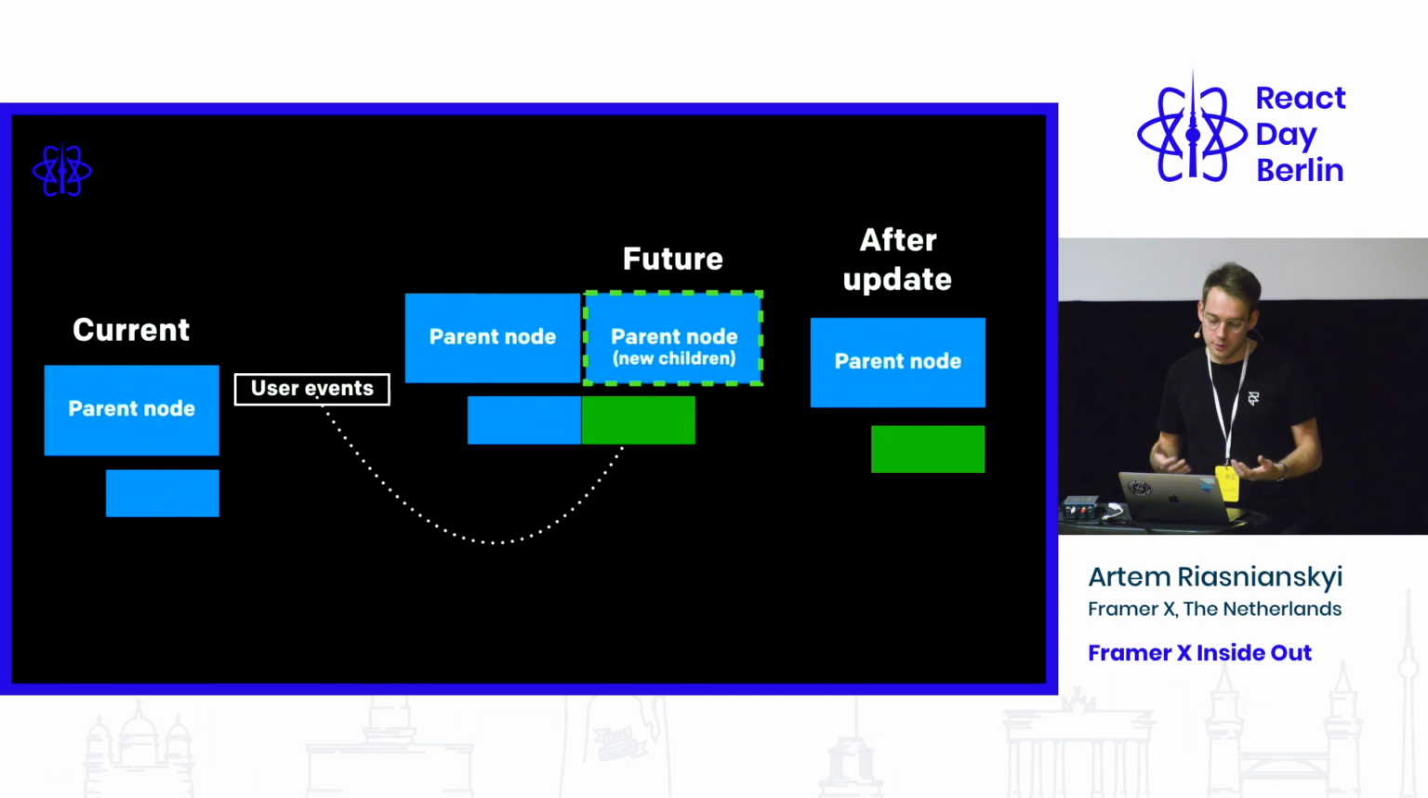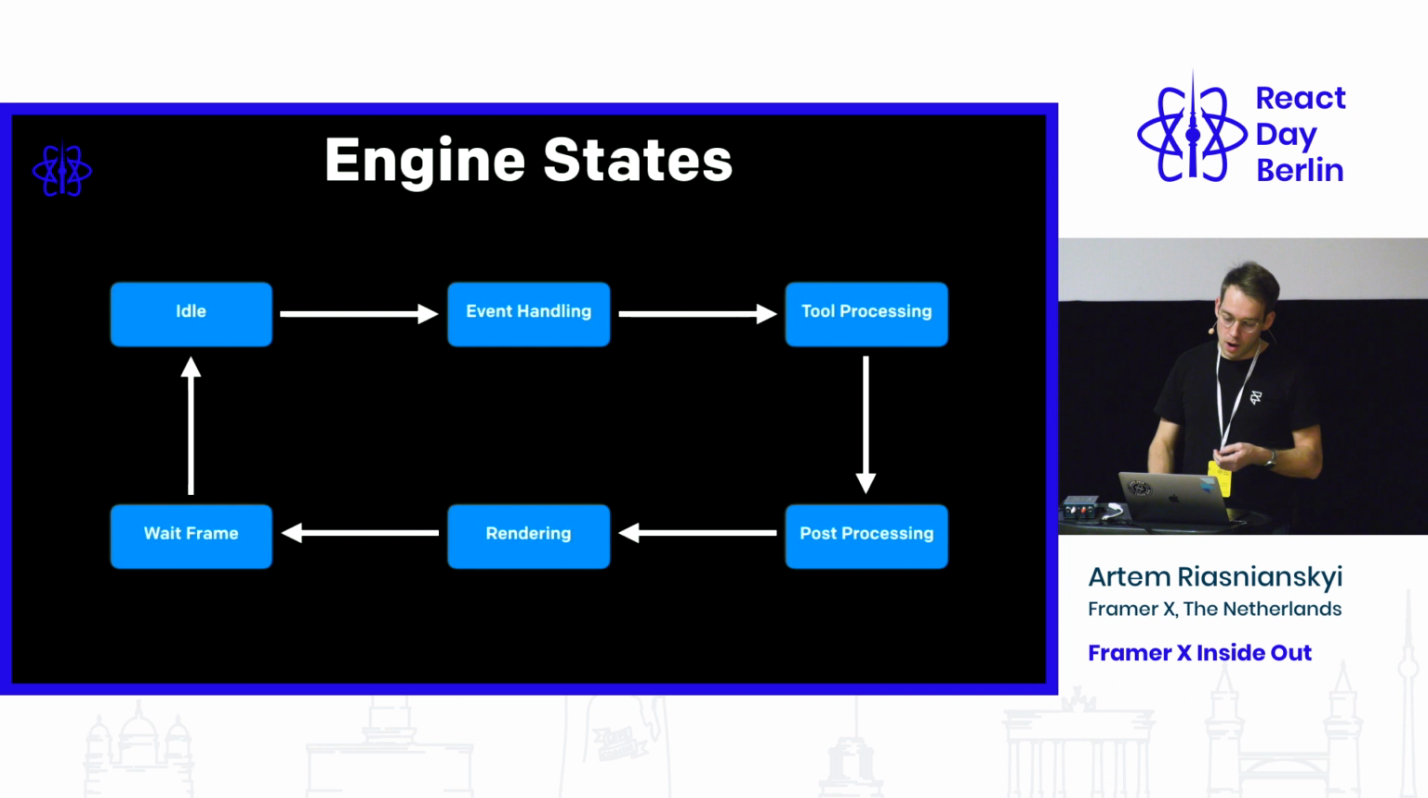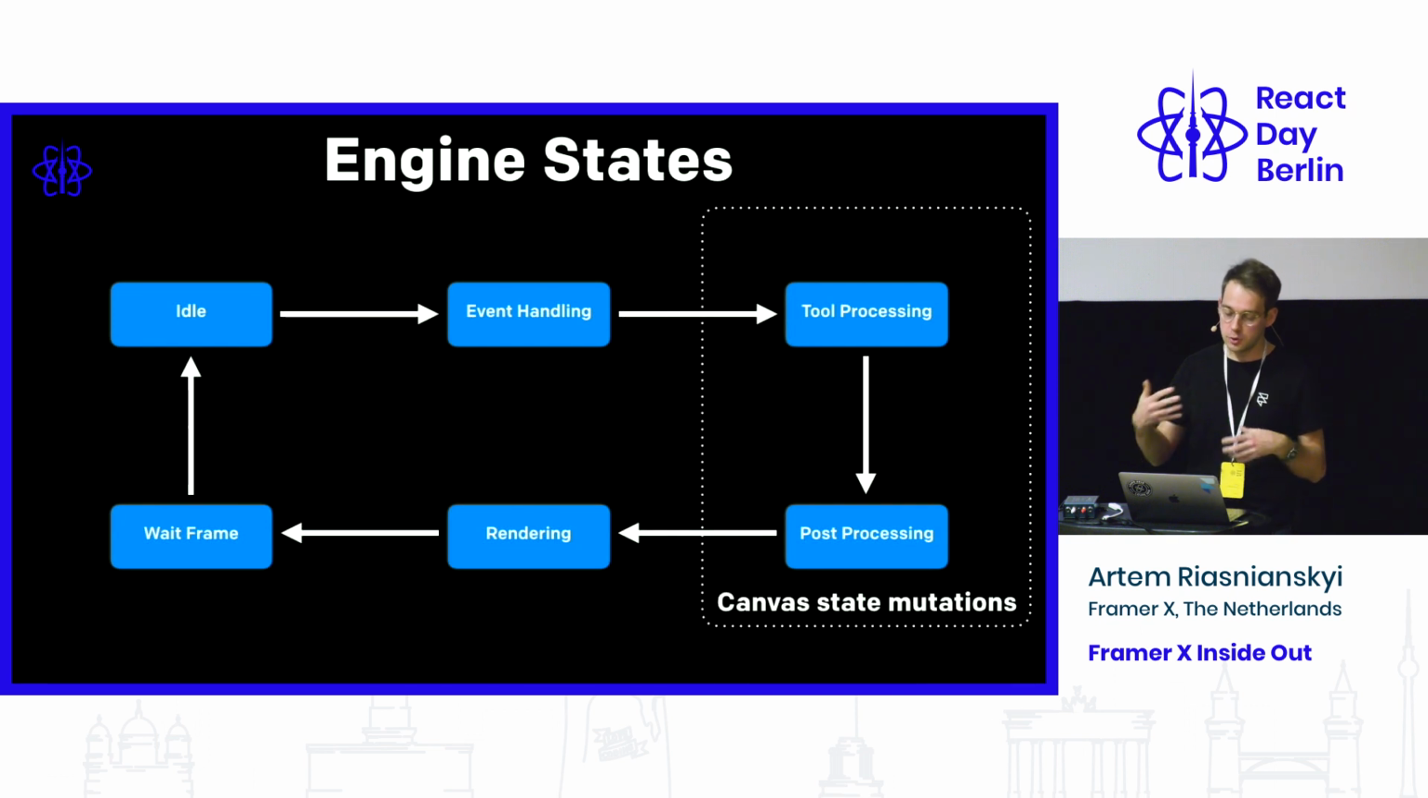And then after update we got updated parent node and updated children. So our engine consists of six states more or less. We start with idle when nothing happens, then we handle user events, then we have a mutation happening in a tool processing and post-processing. And the post-processing is something like checking that the tree state is still in a healthy state, so we don't have weird connections, because sometimes it could be nested loops and all